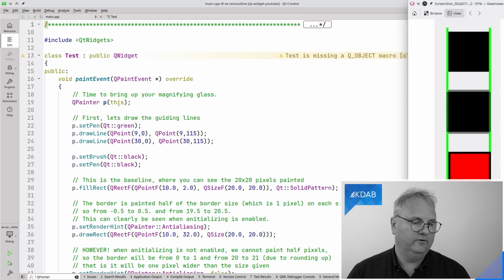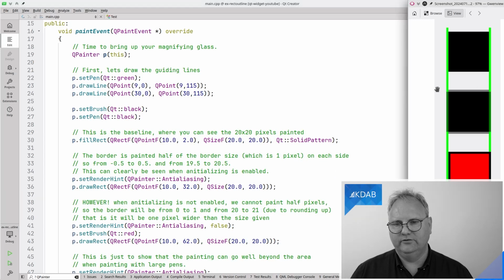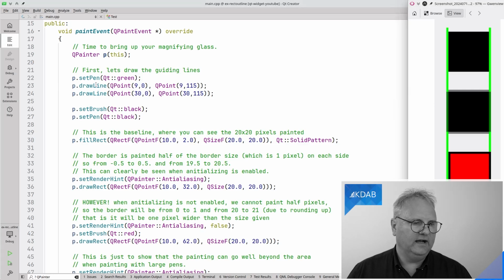I create a painter on this so that I can actually draw something. First, let's draw the guiding lines, that are these two green lines that we see down here. I set the pen to be green. I draw the line from position 9,0 to 9,115.